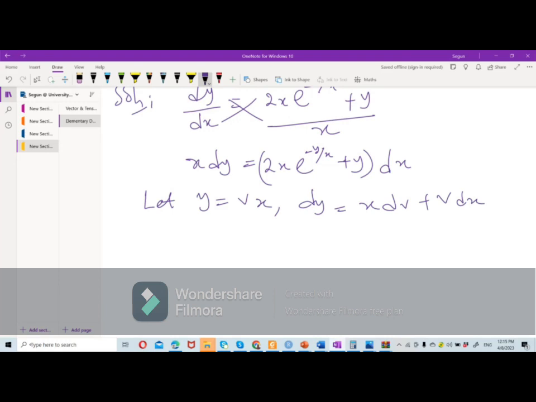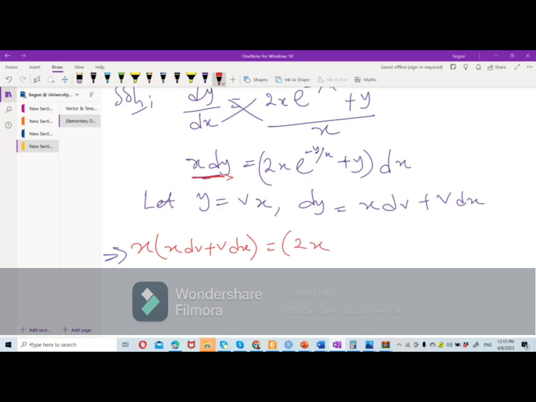Which implies that here we can substitute. Let's start from here. We have our x, and we have our dy to be x dv plus v dx, equals